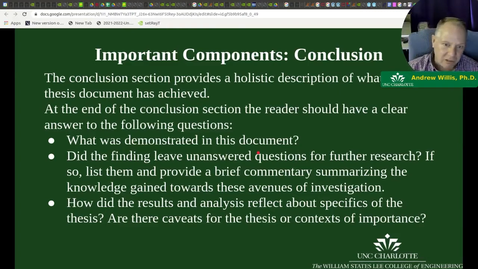If there are areas that might prove important for further investigation, you can list them, and what's as important as listing these areas is actually telling people what you already know about them. In fact, I've read papers where they said this is future work, and then there was a couple of sentences after it. We have found that